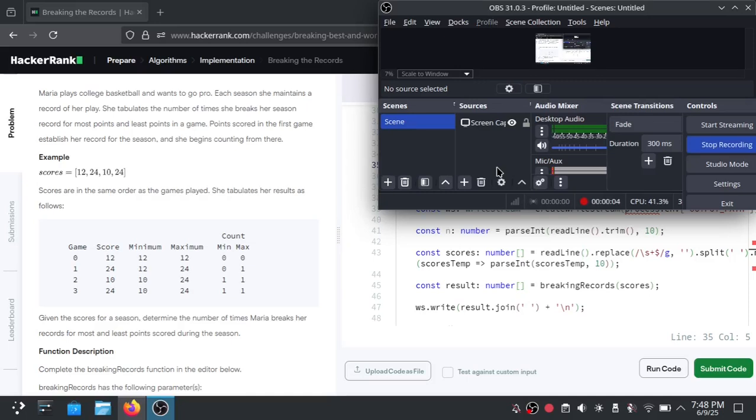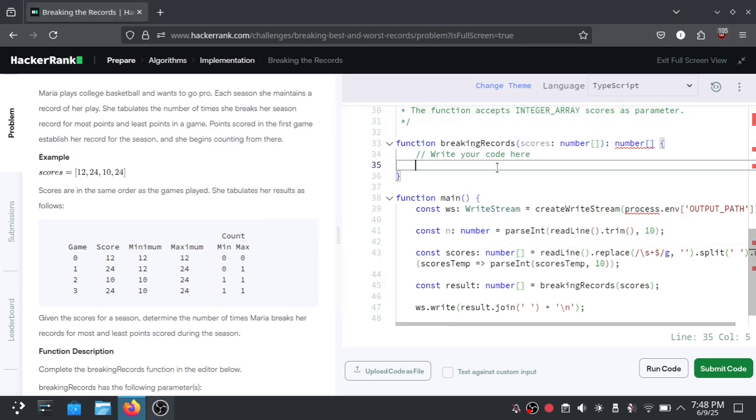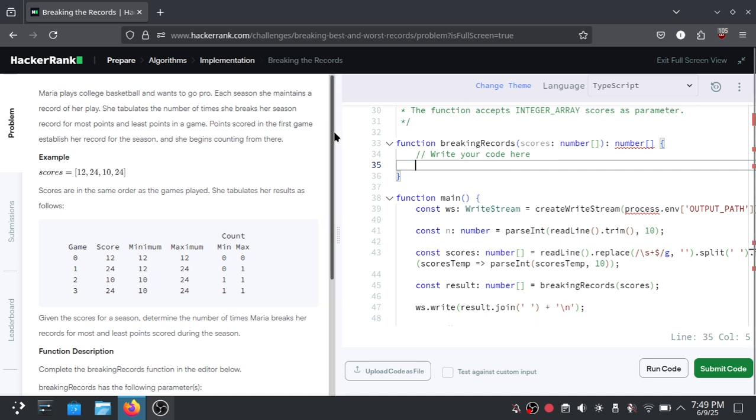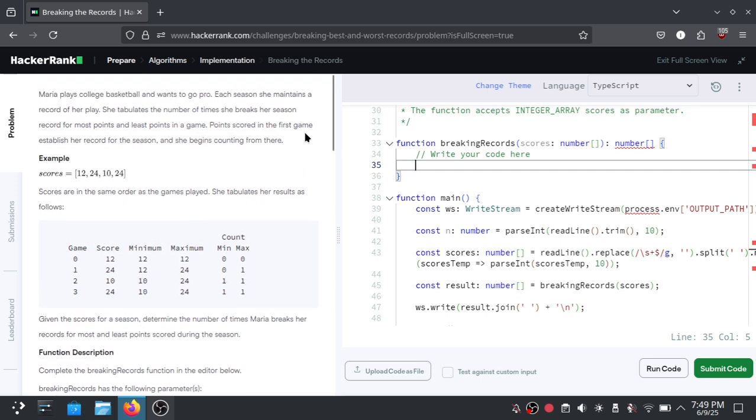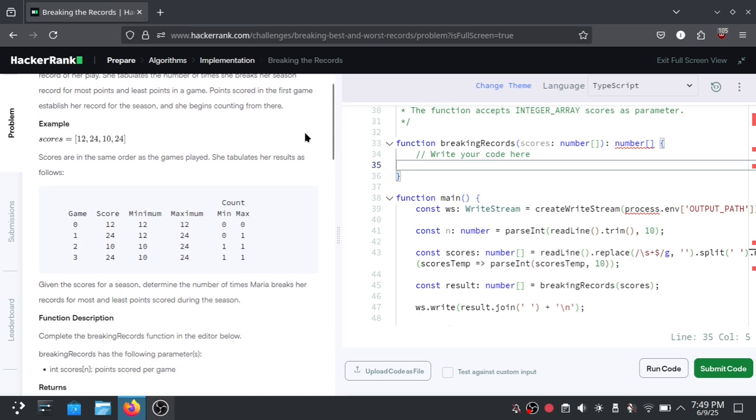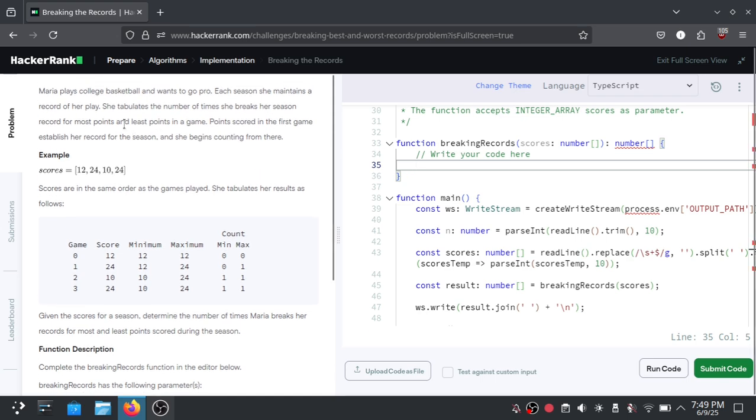Hello everyone, I'm Alfian and today we are going to solve the HackerRank algorithm preparation challenge on the implementation section of the Breaking the Records challenge. And then for this one we are tasked to solve as a Maria that plays college basketball and